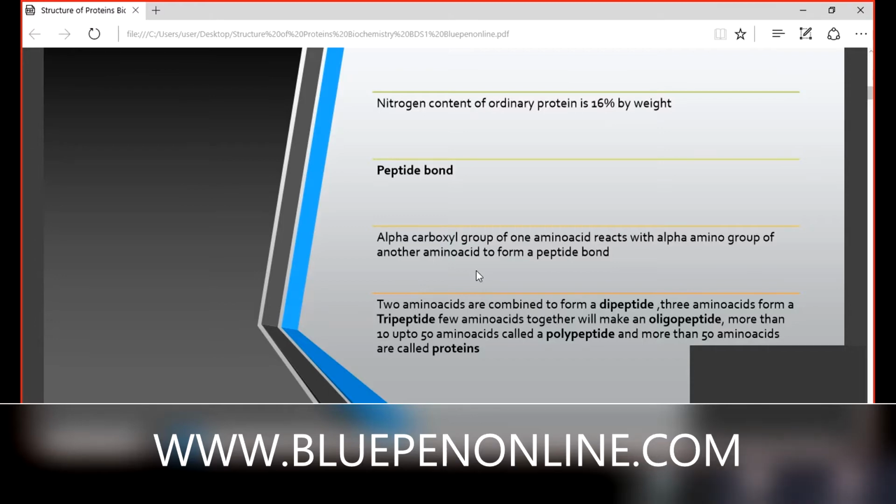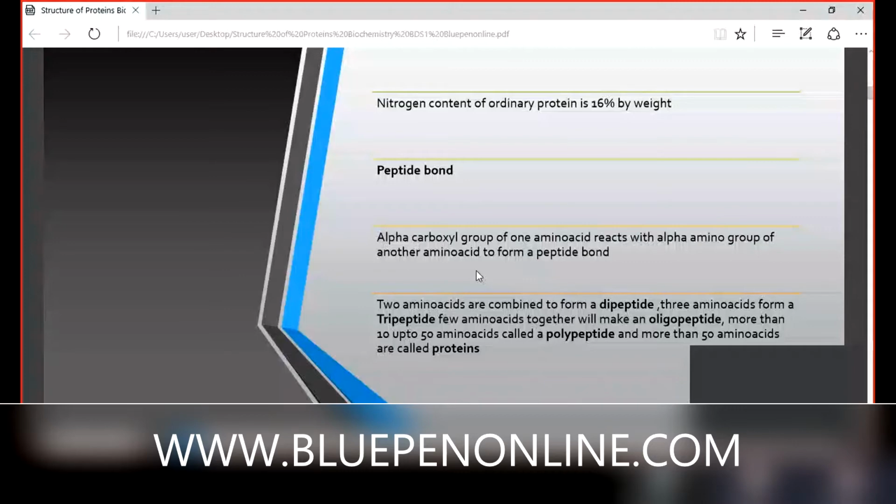Proteins are made up of a chain of amino acids. If there is only one amino acid, it is known as an amino acid. If there are two amino acids, these two amino acids are linked together by a special bond. That is known as peptide bond. Ma'am, folds of proteins, tertiary and quaternary, there are folds, right?